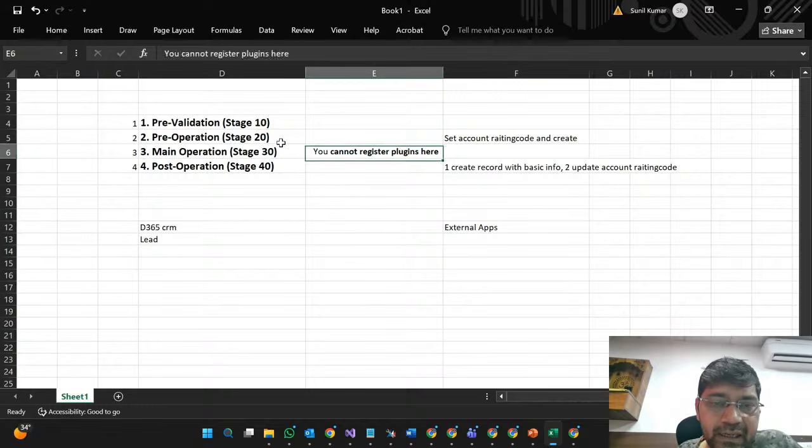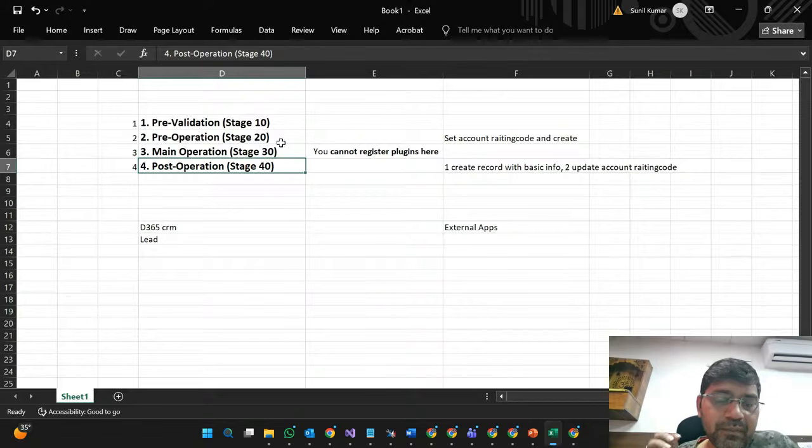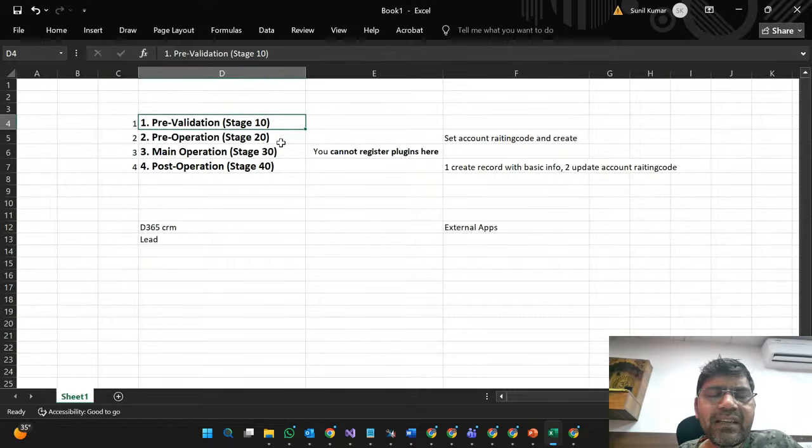We have to take a decision: if we need to perform any database-related logic, we have to write it either before or after performing that operation, depending on the condition. But related to a database query, if we need to retrieve data or perform any action on the database, we have to write our logic here. For any simple logic or validation which doesn't need any database transaction, we write our logic here,